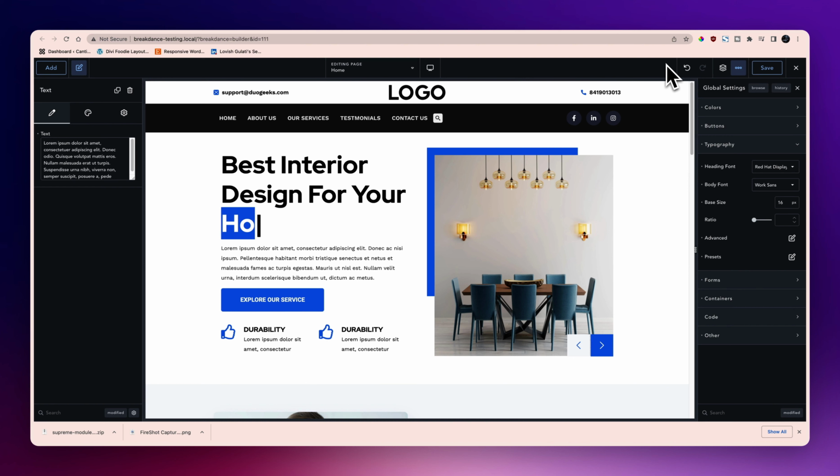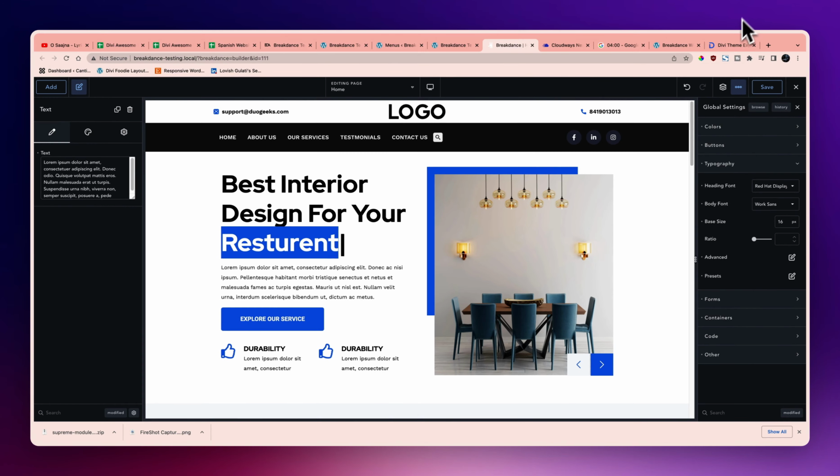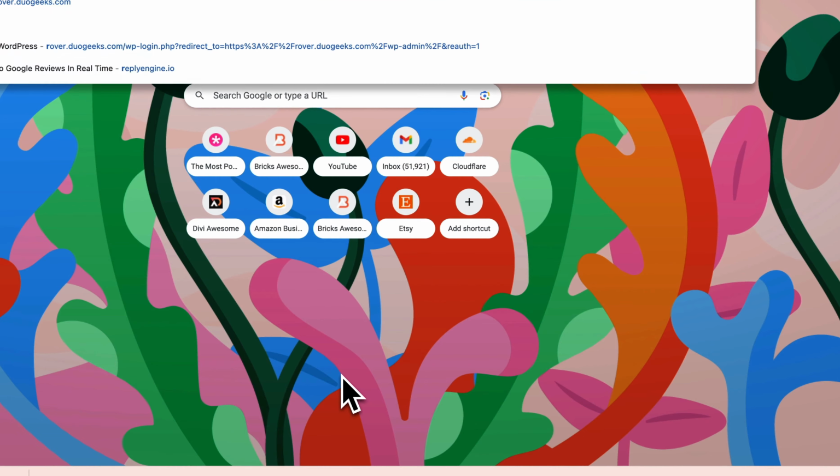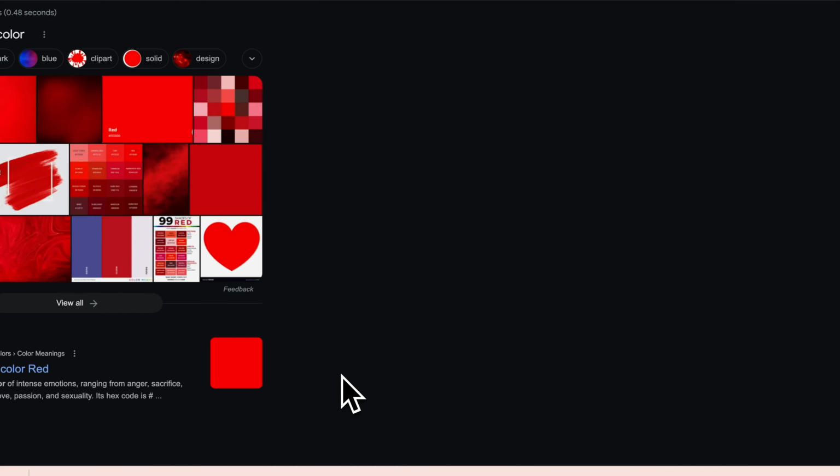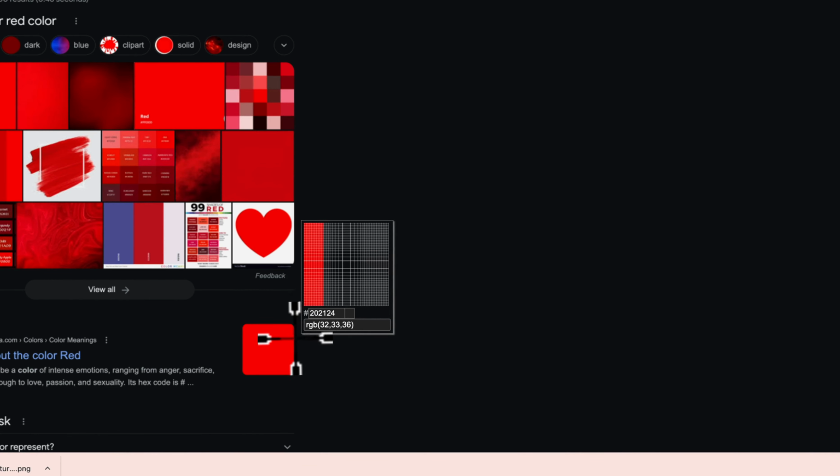And then he asked, okay, now we have the logo, now we have all the branding colors. I want you to use my branding color instead of this. Okay, let me show you how you can do it quickly. So again, let's say he asked you for the red color. So let me just quickly grab the red color from here,